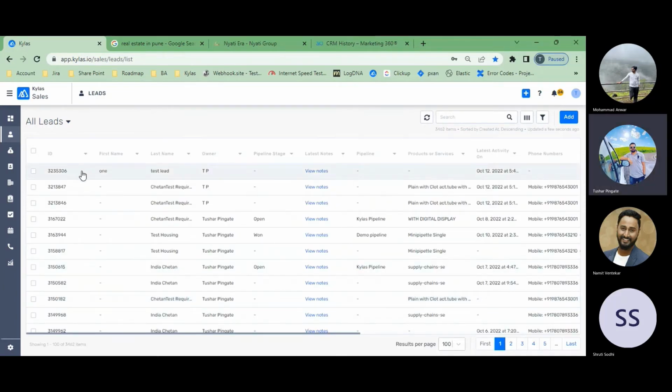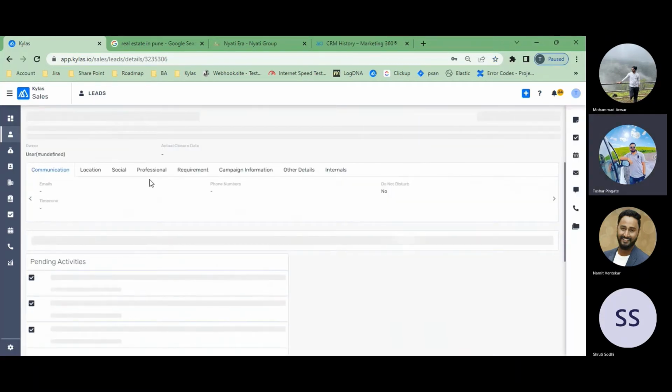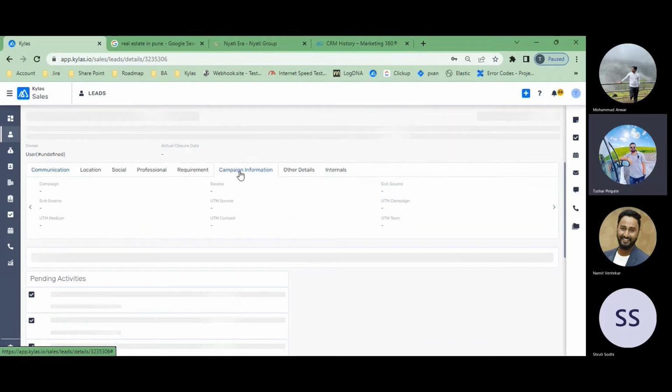Yeah. So this was the test lead that I had created. If I open this and go to campaign information,